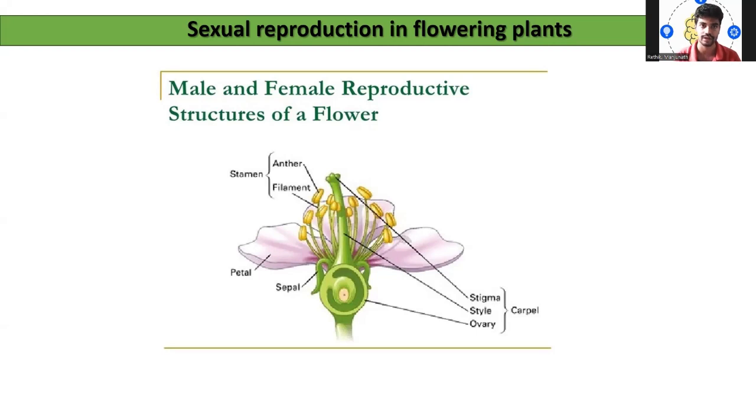So in this video, I'm just trying to summarize the entire chapter, that is sexual reproduction in flowering plants. It's obviously a very huge chapter, but I'm trying to summarize it in detail and very specifically. It's a kind of revision video, where you can watch it in one shot of revision. So, coming to sexual reproduction in flowering plants, what are the major aspects? We know that when in